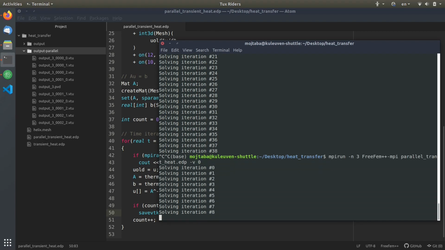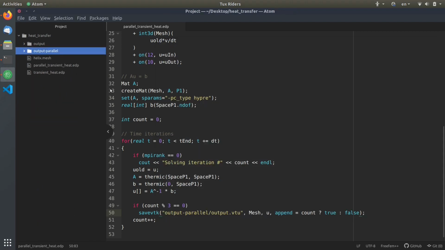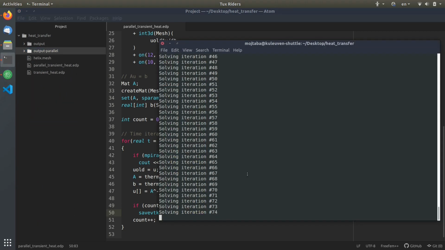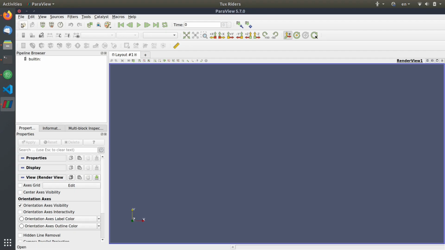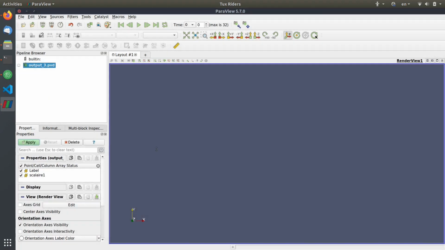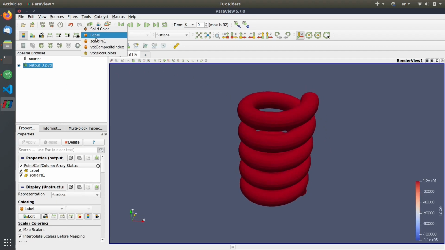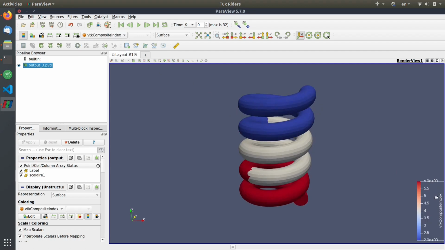Let's see what happens. Yeah, as you can see now we have the files being written here and the simulation is progressing. So I stop it here, and now we should be able to have the simulation files from this PVD file. So I open a PVD file here, and if I plot the WDK composite index, you can see that we have